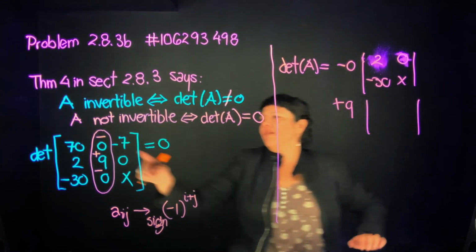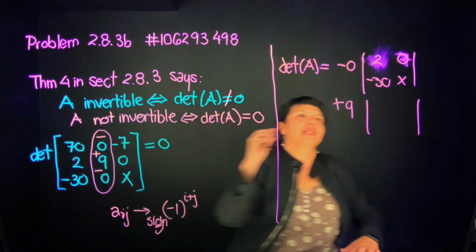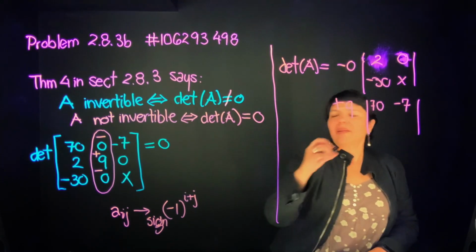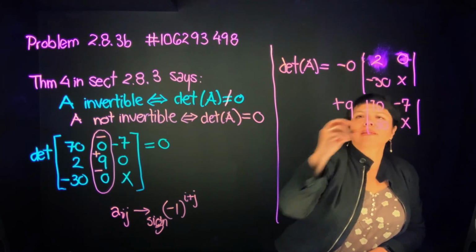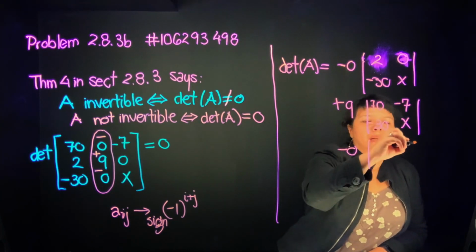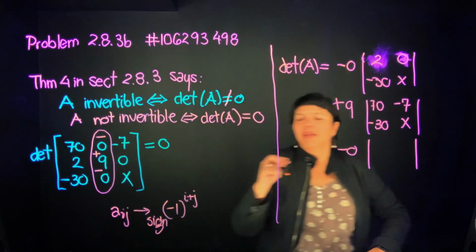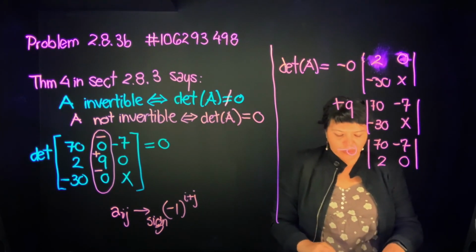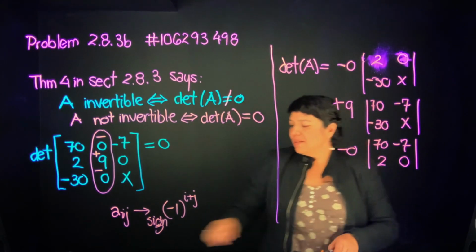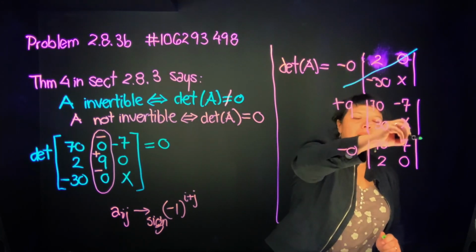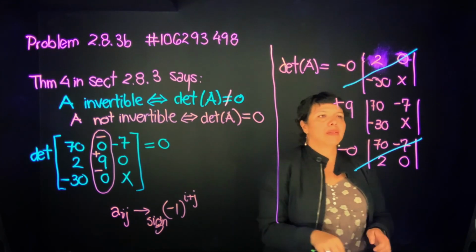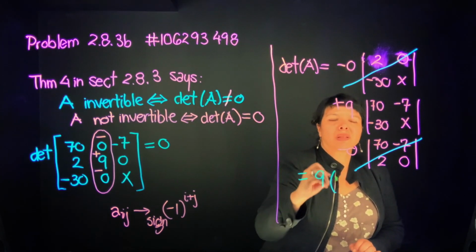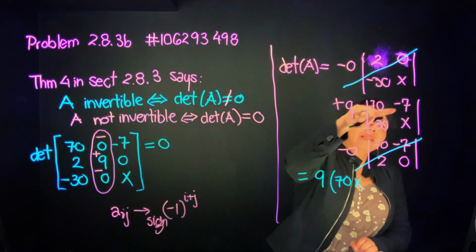Plus 9, and I remove this one and this one, so I get 70, negative 7, negative 30, x, and then minus 0. And because I have those zeros, like I said, this term and this term are going to cancel. So at the end, the determinant that I have is going to be 9 times 70x minus